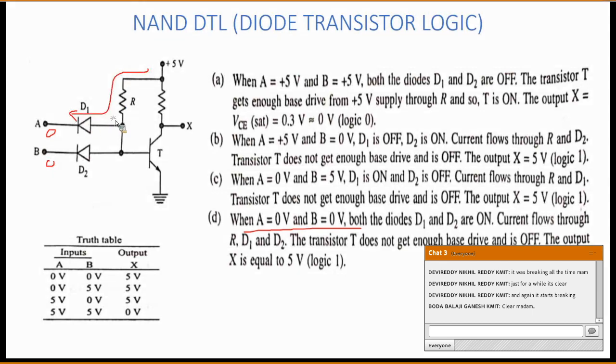Okay, here both the diodes, D1 and D2, are conducting. If this transistor has to be driven into the on state, what should be the cut-in voltage? What should I give? 0.7 volts. Just now I explained the transistor as a switch. So the voltage given at the forward biased input junction of a transistor should be equal to or greater than 0.7 volts. Then only the transistor will be in the on state, or else it will be off. Since both the diodes are conducting, there is not enough voltage.